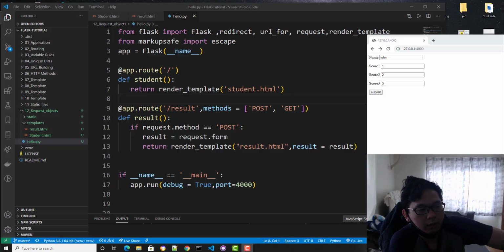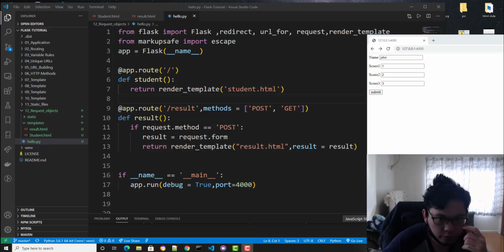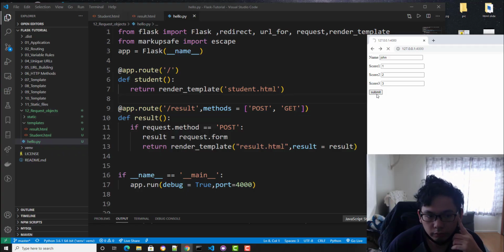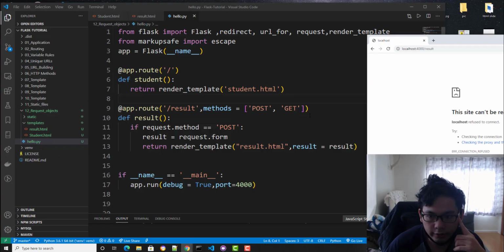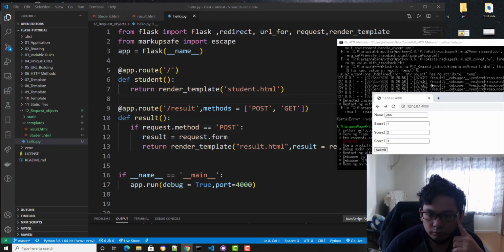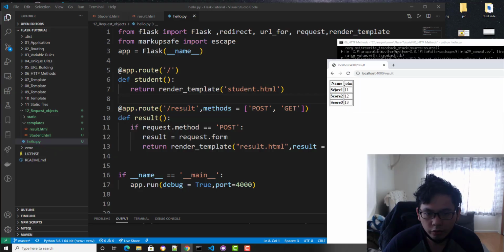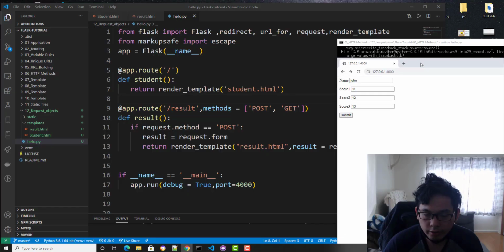Okay, so we're back. So we're gonna learn about the request object. If you send a post on your, for example, on this one, you're gonna get all the data. Okay, I'm gonna need to run this thing. And you're gonna get your score or something like that. That's how you're gonna do this.